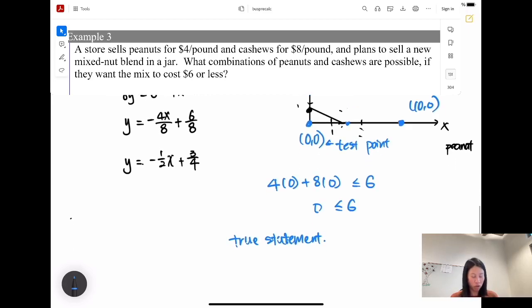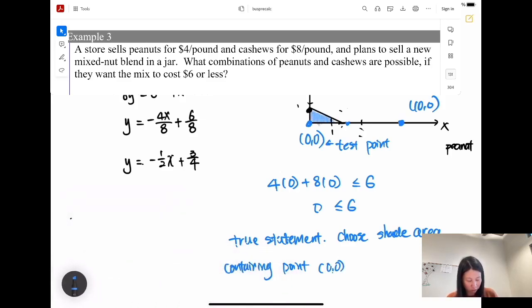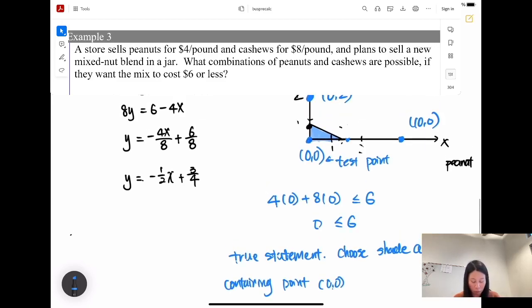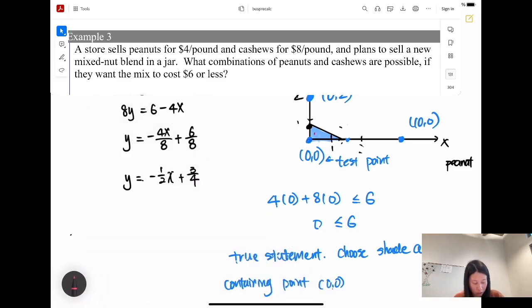In that case, we're going to choose the shaded area containing the point 0, 0, which means it's going to be this one. This is the area. So how do we explain it? Because this is a real world problem, we're trying to explain this one. So that means if you pick a random point in here, that will satisfy that the combination of the cashew and the peanuts is going to be less than